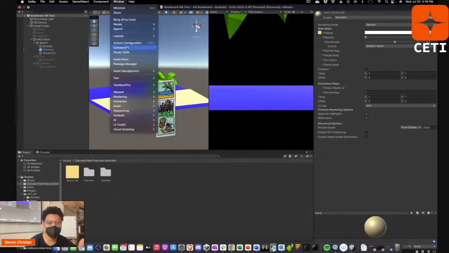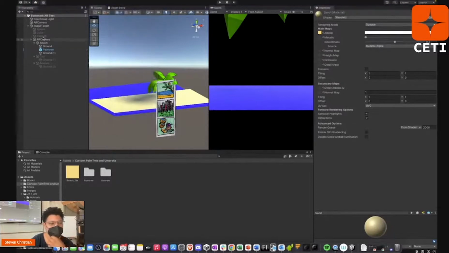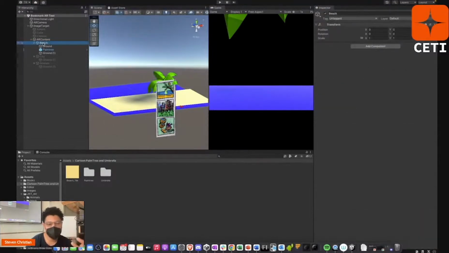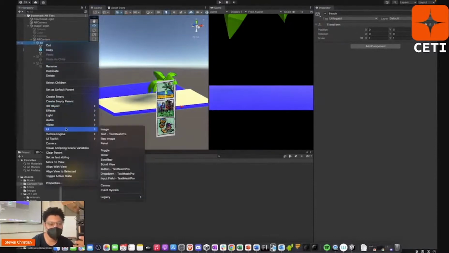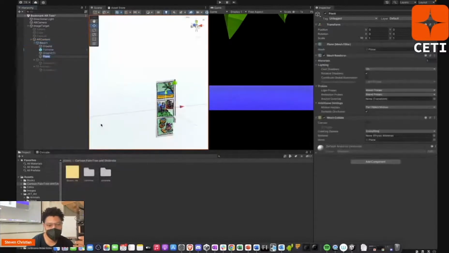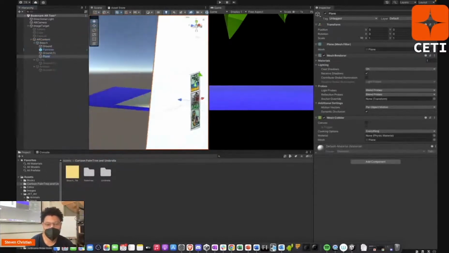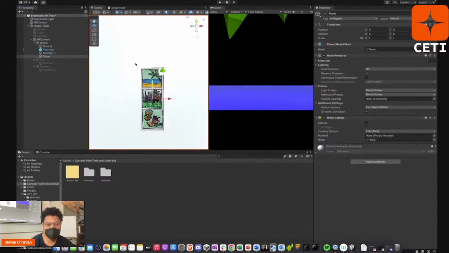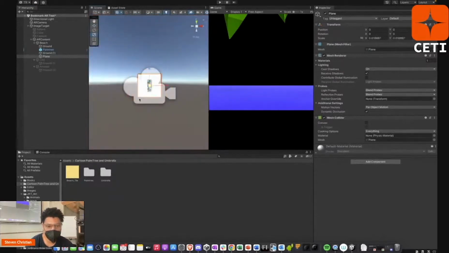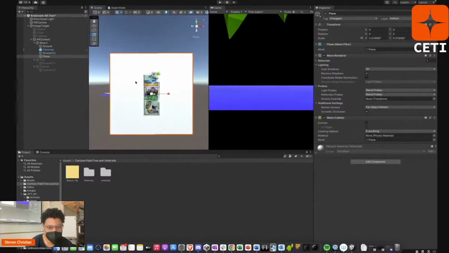And I'll do that by first going to this thing called Polybrush. Actually, no, I'll end up creating it in a different way. So I'll just create a plane. I'll go to 3D object, I'll go to plane, and then in that plane, I'm just going to modify it so that it creates an opening. So I'll shrink the plane down, and then I will lower it,